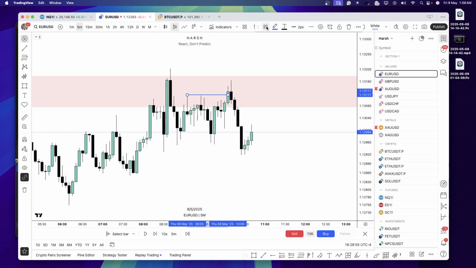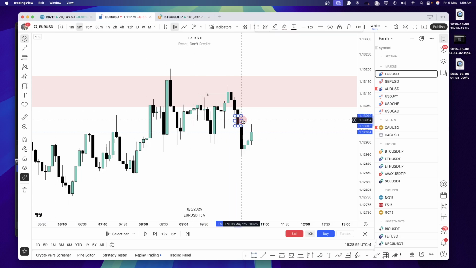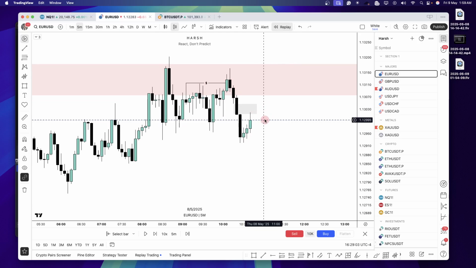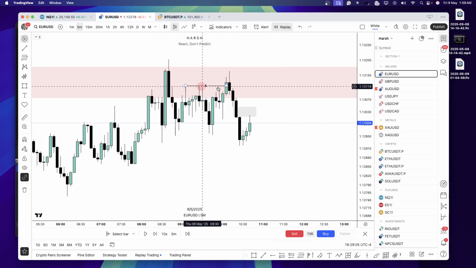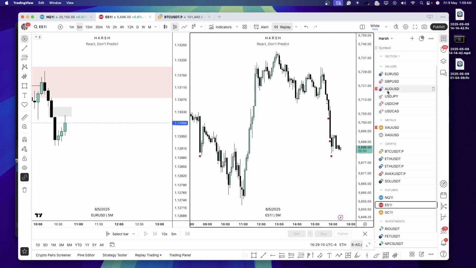Okay, and now this is an M5 FVG that we have formed. I will give this a gray color. So this is the M5 FVG that we have. The draw on liquidity is obvious and pretty clear. If I look at the DXY at the same time,